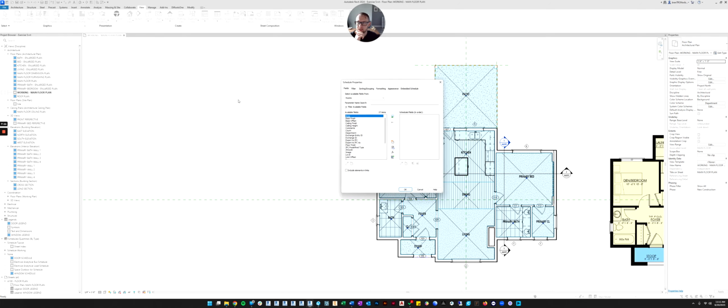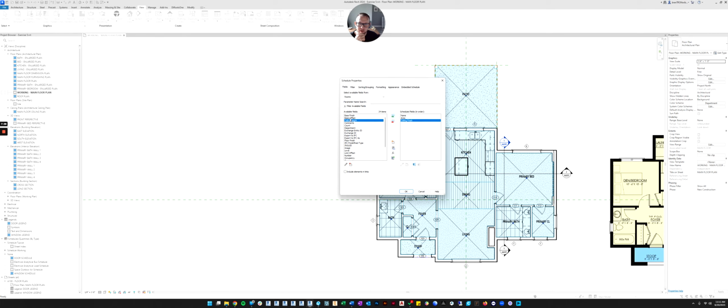Click OK, and then we have to pick our columns. So in a finish schedule, we really want the room name first, probably. So let's do name. And then maybe we want the area. And then we want to start listing the finishes. So we'll go to ceiling finish.